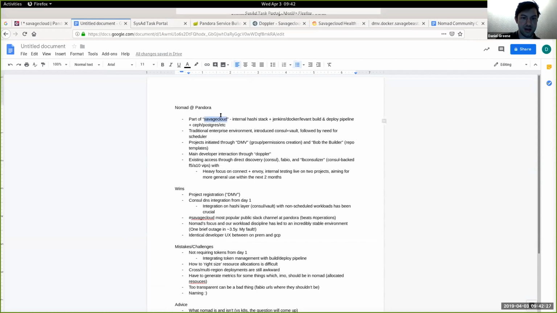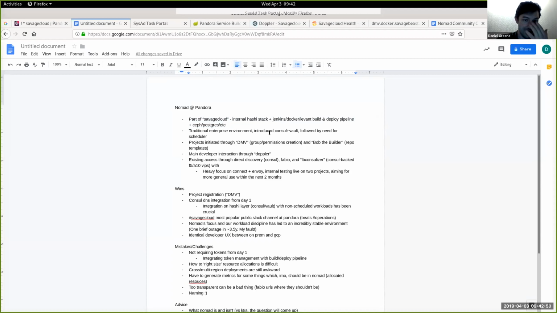So internally, we have Savage Cloud, which is the HashiStack plus a pretty opinionated Jenkins build and deploy pipeline, heavily leveraging Levant for templating, and then Ceph and Postgres primarily for storage,